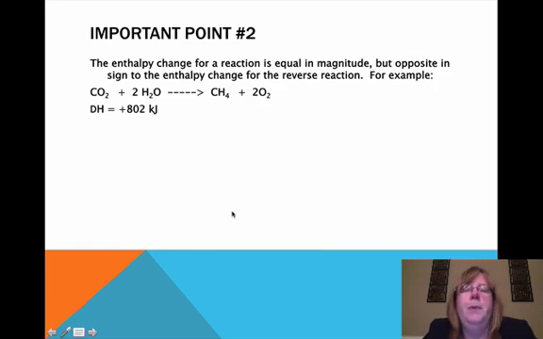Now here's another important point, and this I think is kind of fun. What we have here is that last reaction, the combustion of methane. We've just flipped it around. So our products have become the reactants. So CO2 and water are our reactants, and methane and oxygen are now the products. So we have flipped the reaction. And so the magnitude of the delta H is the same, but now the enthalpy has the opposite sign for the reverse reaction. So here, with this reaction, it's a positive 802 kilojoules, meaning it's endothermic, and I would put my E over there. Okay, so that's just another important point that we're going to be using in our